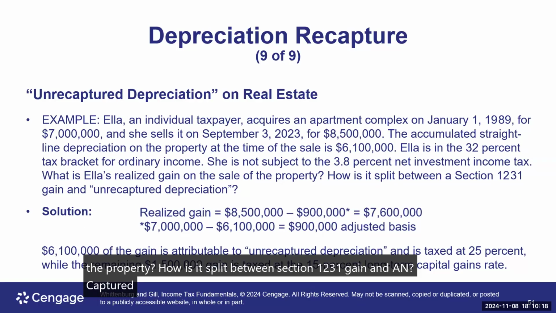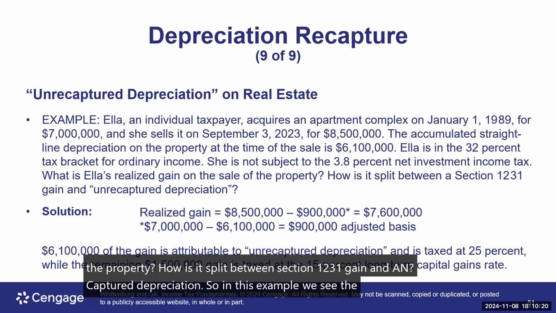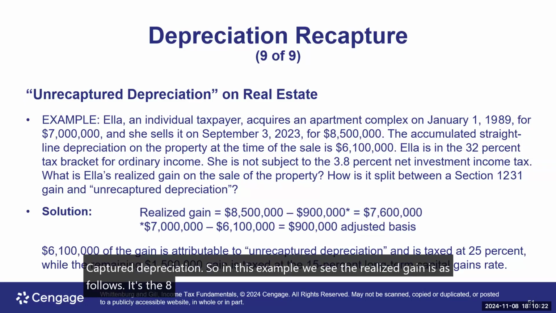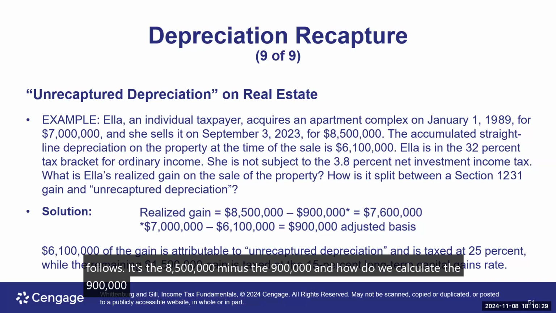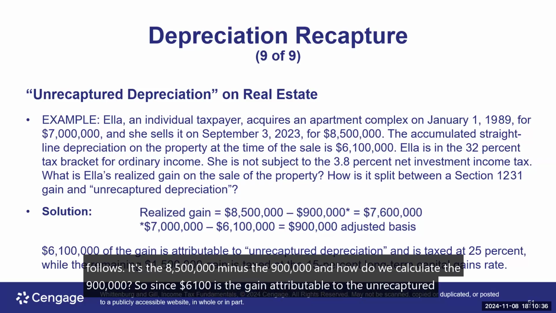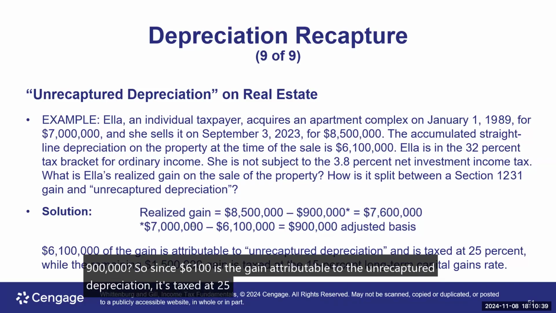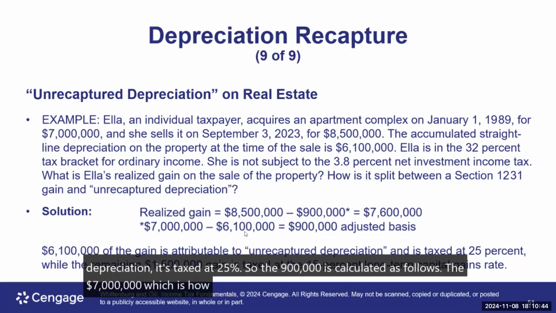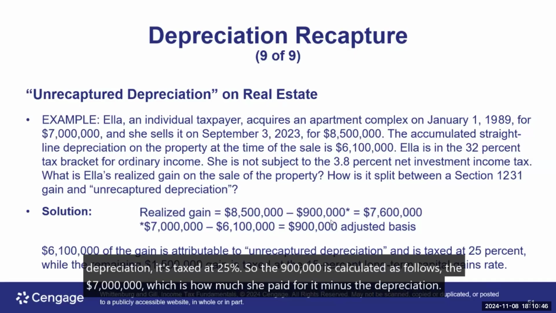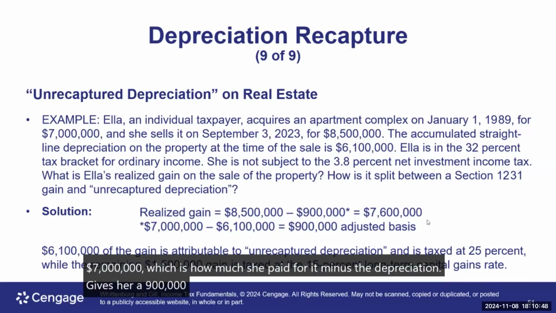So in this example, we see the realized gain is as follows. It's the $8,500,000 minus the $900,000. And how do we calculate the $900,000? Since $6,100,000 is the gain attributable to the unrecaptured depreciation, it's taxed at 25%. So the $900,000 is calculated as follows. The $7 million, which is how much she paid for it, minus the depreciation gives her a $900,000 adjusted basis. So that is how we determine the realized gain of